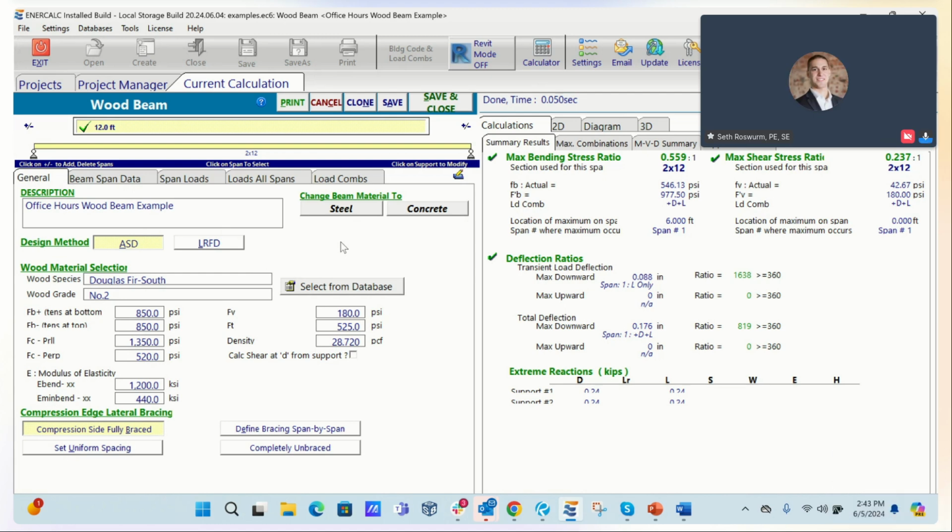Right. It's possible that in the future, if there were feature requests, those could be connected. If there are workflow things like that that you're wondering about or things you'd love to see changed, be sure to send those to the support team, support@enercalc.com, because that's how the engineering team and the director of engineering set priorities for future improvements and changes to the software as well.